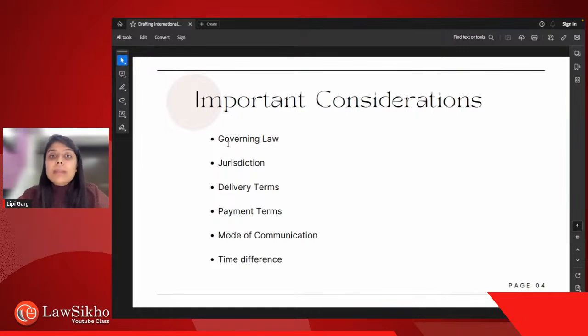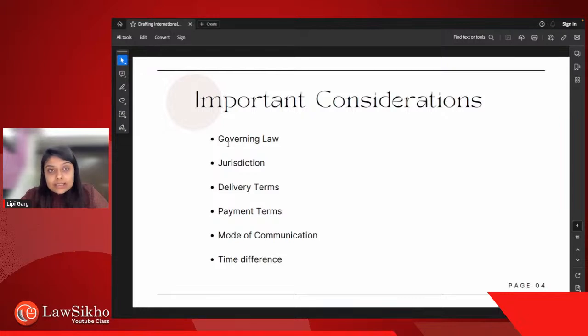This is called party autonomy. There is a mutual consent between both the parties, and based on that mutual consent, they decide on a governing law and put it in the contract. Now, that will be binding on both the parties. One option is this. Here, no dispute will arise in this case. But let's say if the parties are not able to agree on a specific governing law, then what happens?